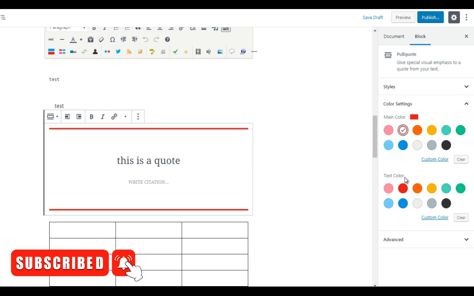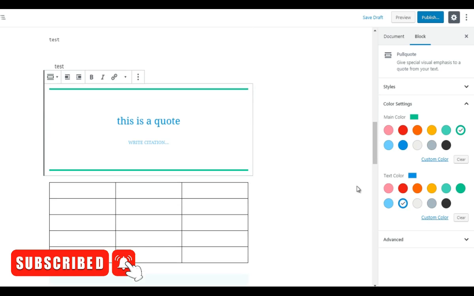So we can keep it red, and we can change the text color to something like black, gray, maybe orange, maybe green, or maybe we can do green up here and red here, something like that, or blue. So that's the main difference. So quote is different than verse, different than pull quote. So as you can see, what this allows you to do is it changes literally the formatting and makes it look nice. So those are the formatting blocks.